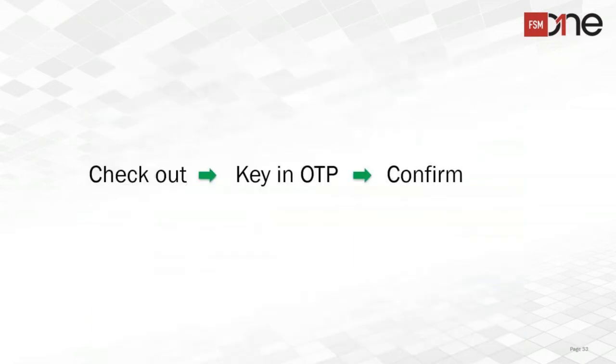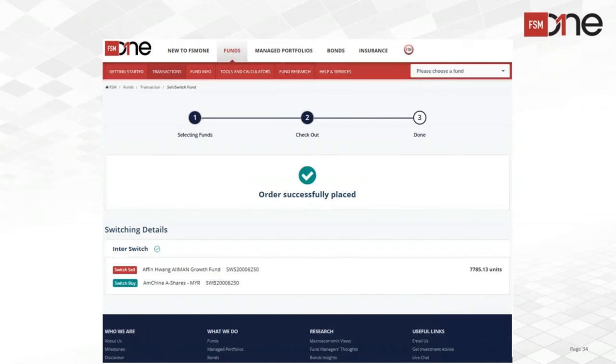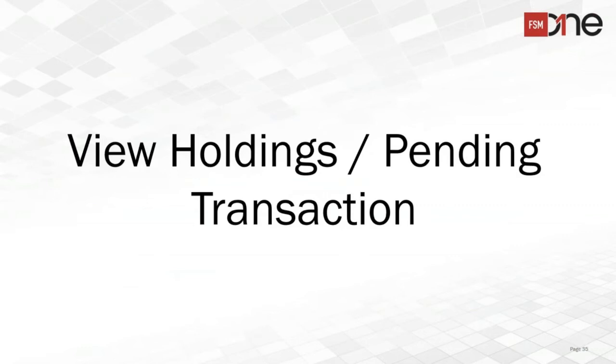Then you can add to cart, and the next step will be similar to the buy and sell transaction. You need to check out, key in the OTP, and confirm. Once you confirm, the switch order successfully placed message will be shown like this. So this is the buy, sell, switch transaction. Once you have successfully placed all the transaction orders,